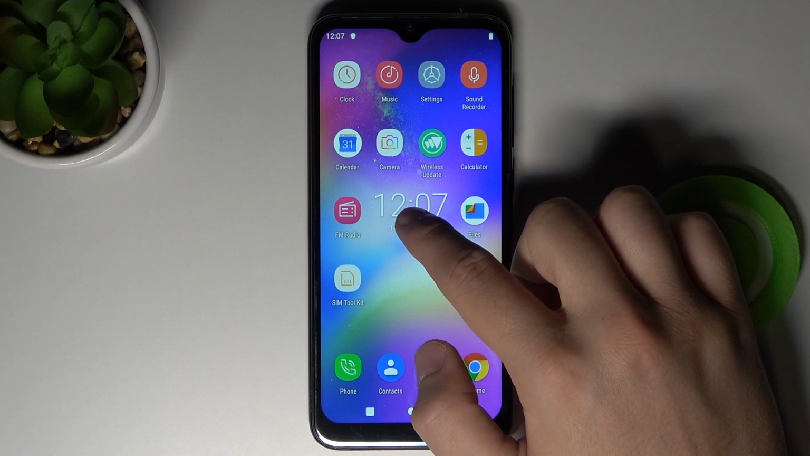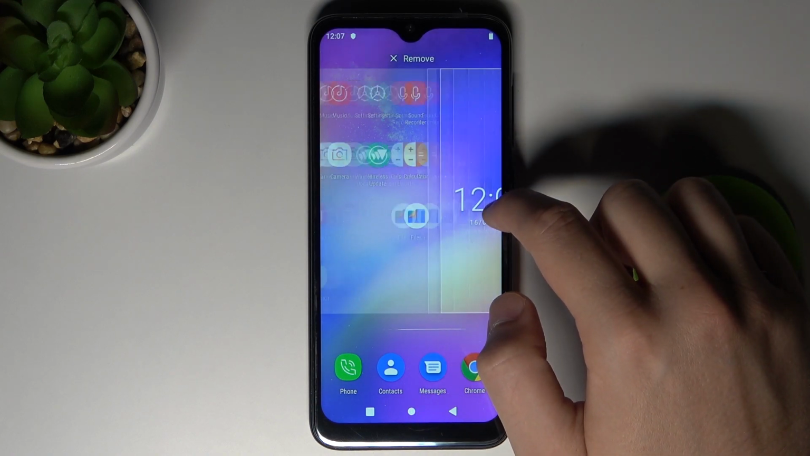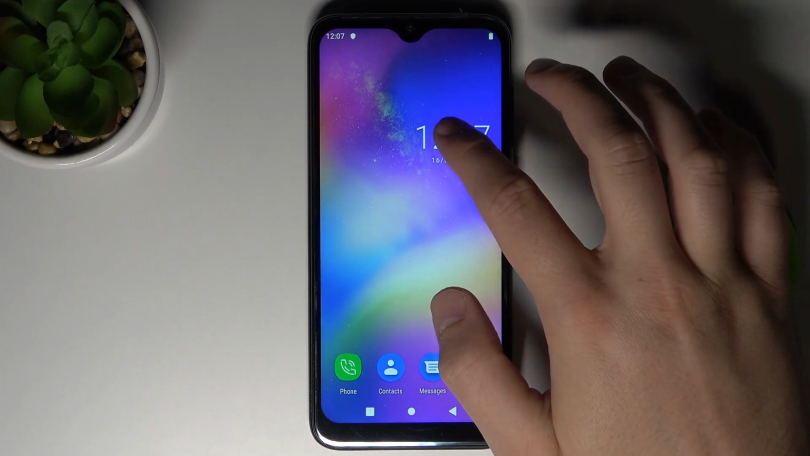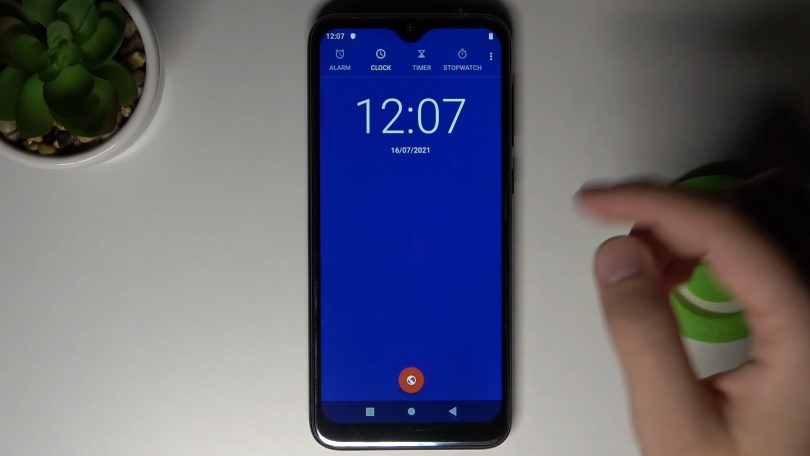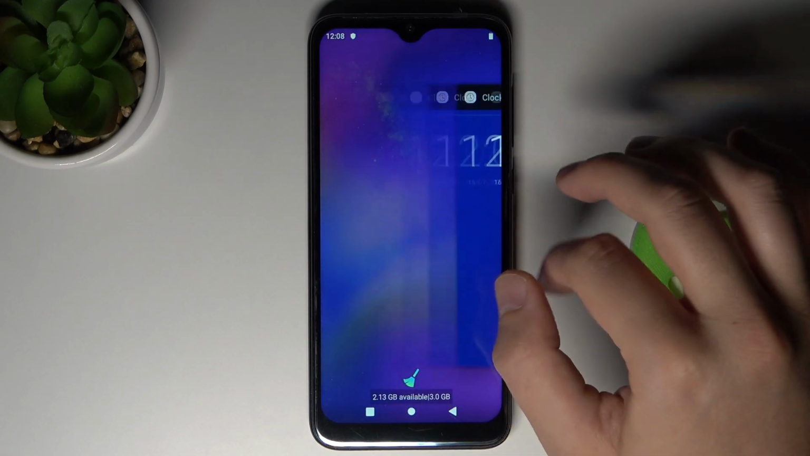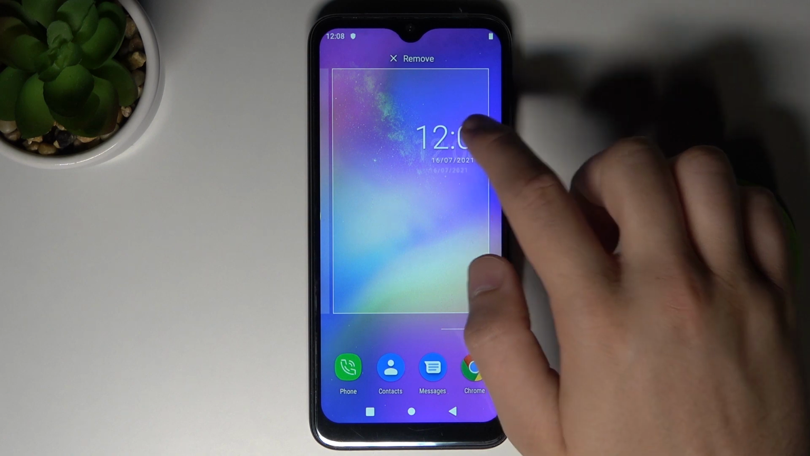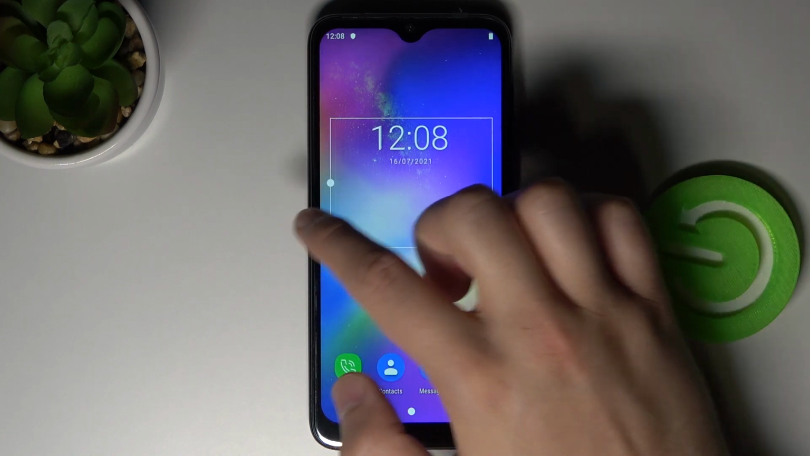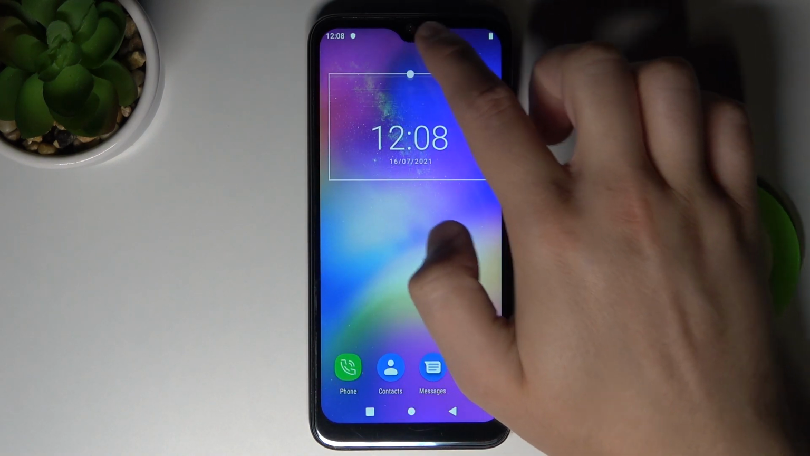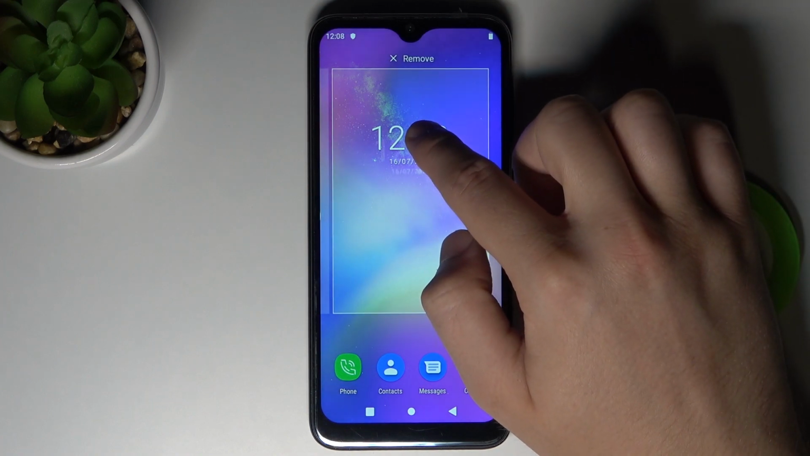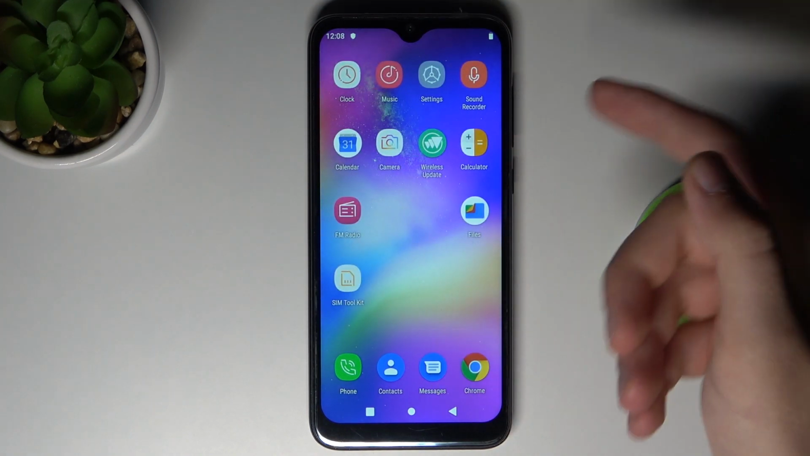And as you can see, you can move this widget to another screen too. You can click on it once and your clock will open. And also we can just click and hold it. When you release, you can change the size of this widget. And if you want to remove it, just click, hold, and then drag here to remove. And that's how it